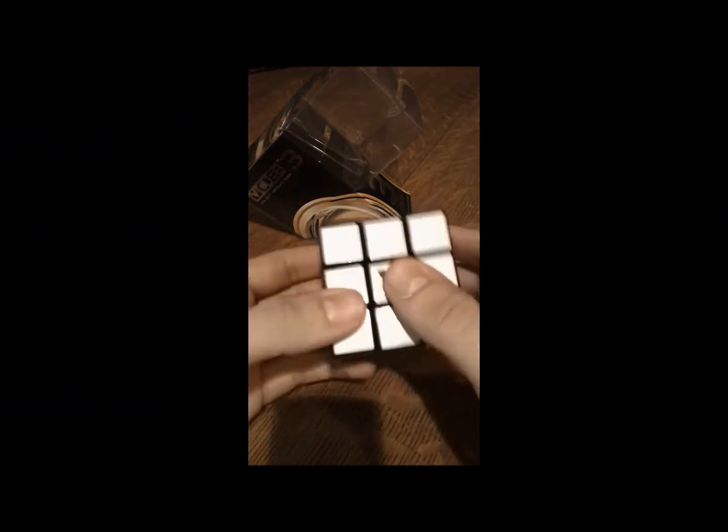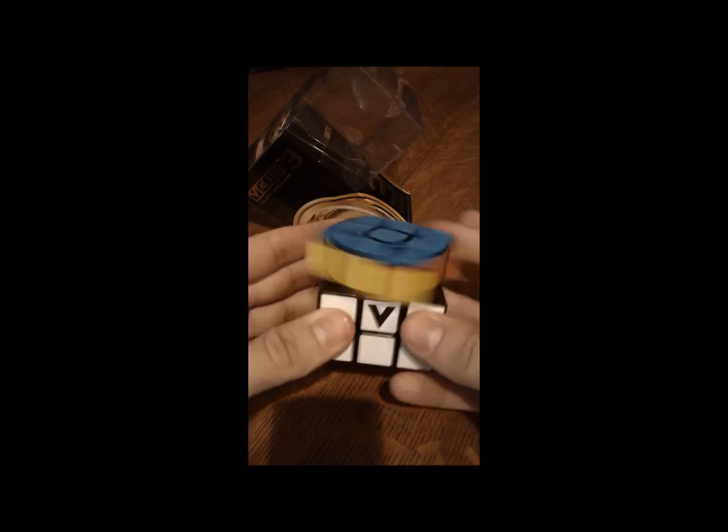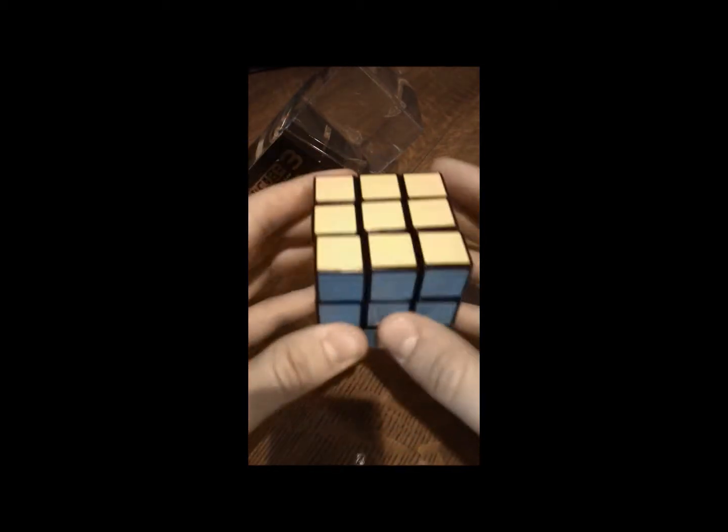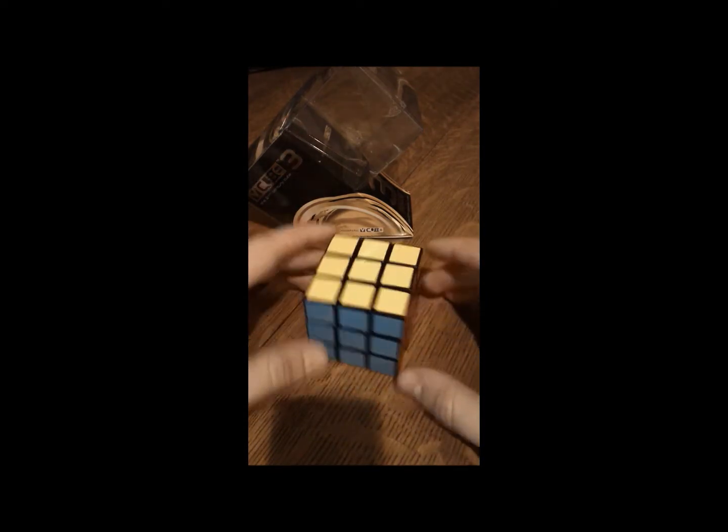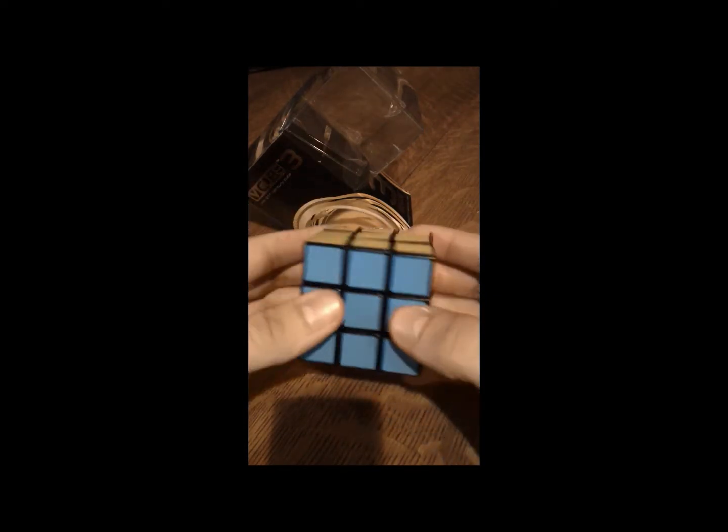I have one of, I don't know, probably among the first 100 that came into the US. I ordered it pretty much as soon as it came out, so I'm going to do a review of it for you guys. Well, here's the box it comes in first of all. I doubt any of you care about that, but